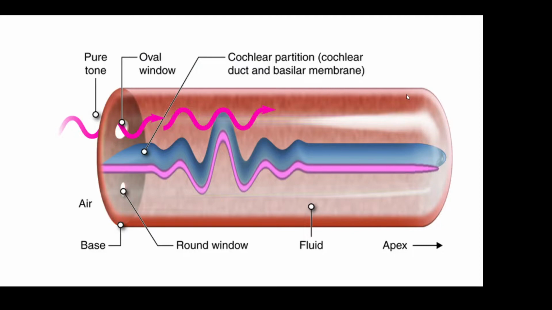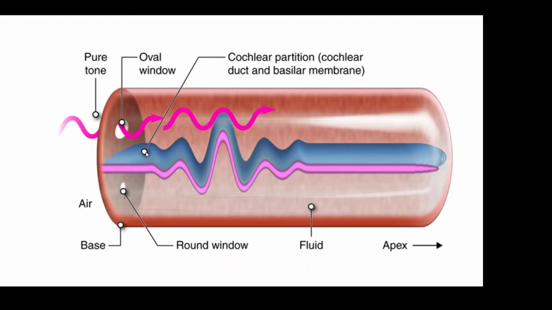So what we have is this traveling wave theory. So let's call up an image of that. Here's a schematic depiction of that. Sound comes in through the oval window, and as it's traveling along the vestibular duct there at the top, it sets up this traveling wave in the basilar membrane. The basilar membrane starts vibrating up and down, and